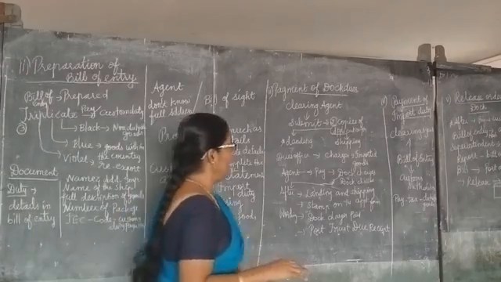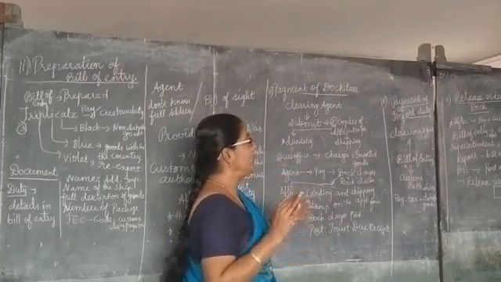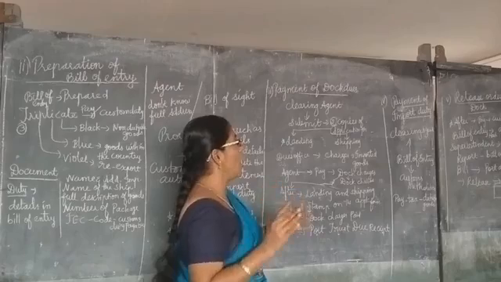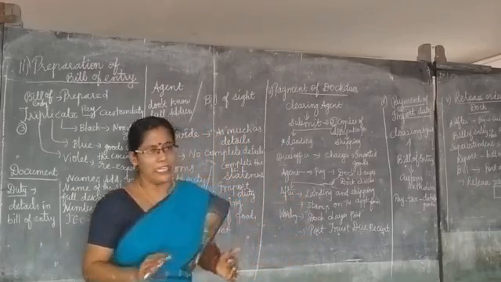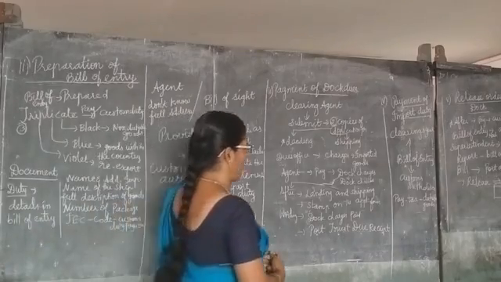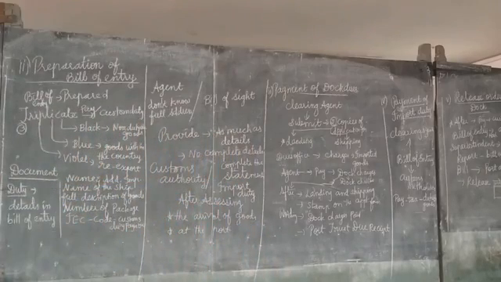Then they are going to pay the dock dues. What do dock dues mean? In the shipment, they are going to pay the money. That is called dock charges. So the clearing agent is going to pay the dock charges. That is, they are going to submit two copies of the application form to the landing and shipping dues office. The name is called the landing and shipping dues office.